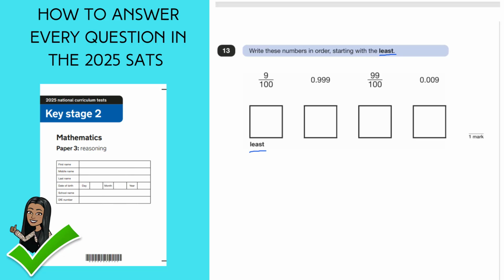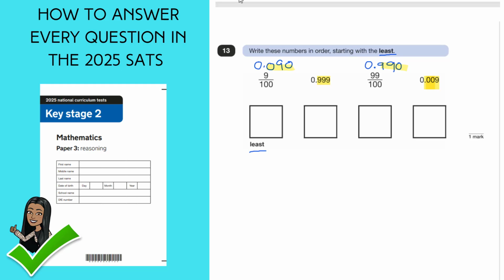So 9 out of 100 is 0.09. 99 out of 100 is 0.99. Now you can see that these are 3 decimal places, the other two, so we can simply make our 2 decimal place numbers 3 decimal places by adding on a 0 at the end. Now they are all the same, and now all you need to do is to compare these 3 numbers, and you can very easily see that